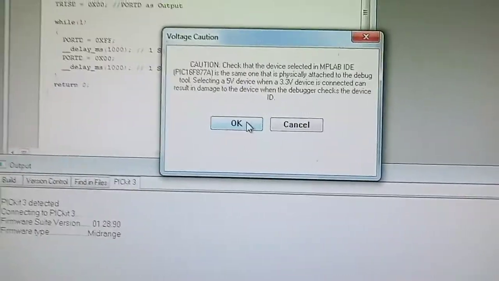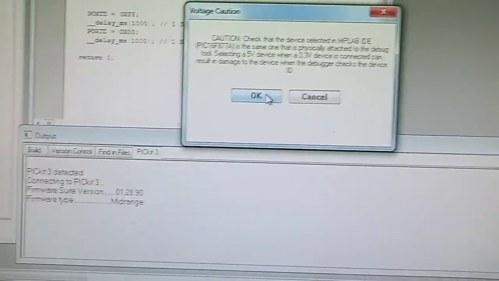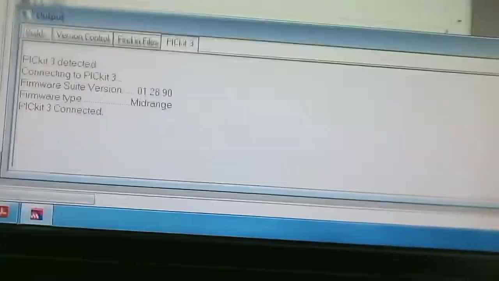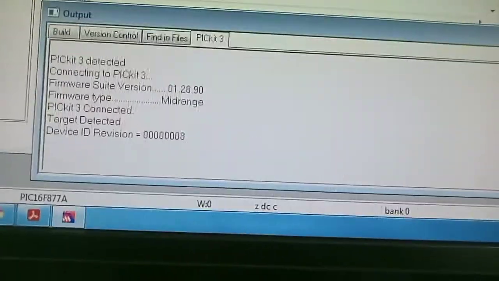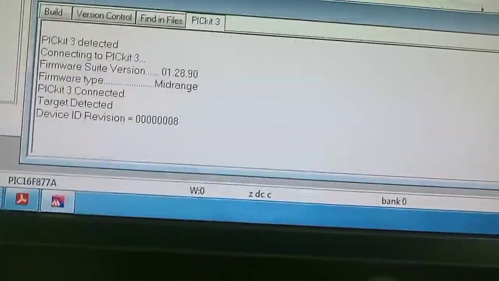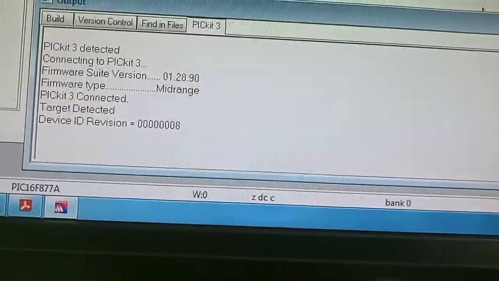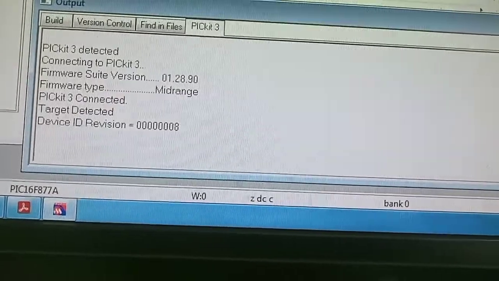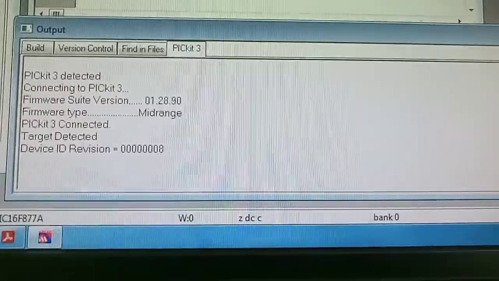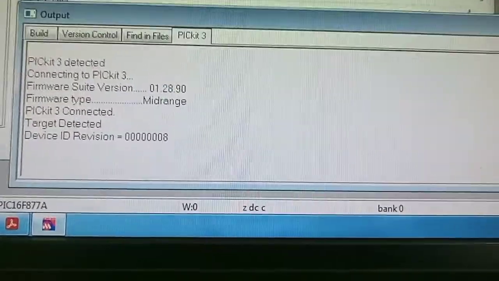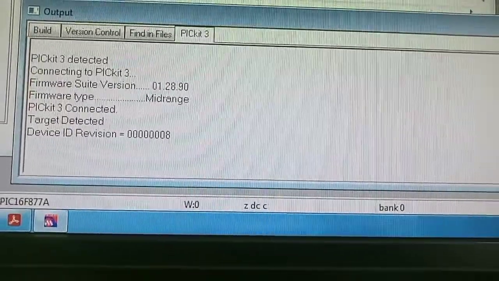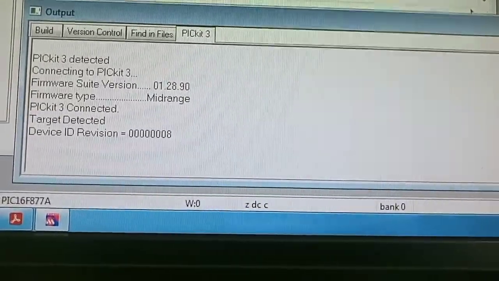The caution is given to you, you have to use 5 volt. Once you click on OK, you just observe this window here. PICkit 3 is connected, the message pops up. The device ID or the device target is detected. This message is given here. When this message is given, that means your kit is connected. PICkit 3 is connected over here.